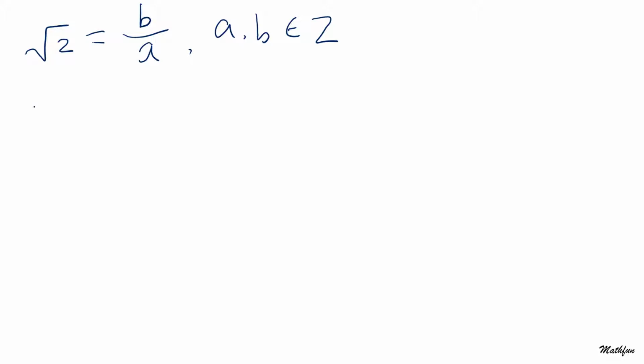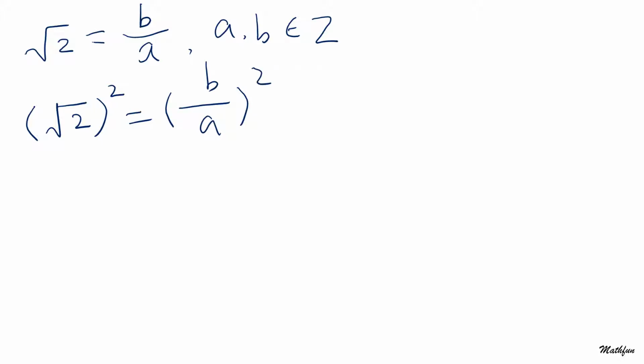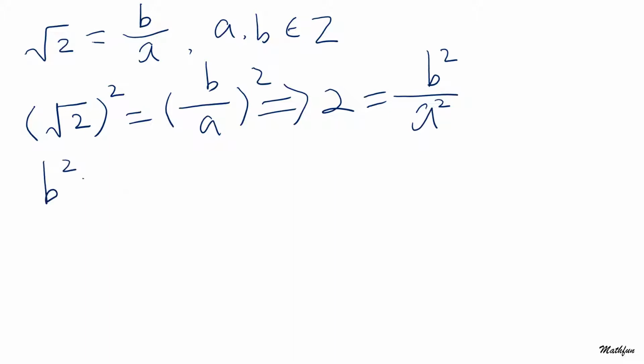Well, obviously, let's square both sides. So square root of 2 squared equals b over a squared. And that will give us 2 equals b squared over a squared. And that means b squared equals 2 times a squared. What does that mean? Well, that means b